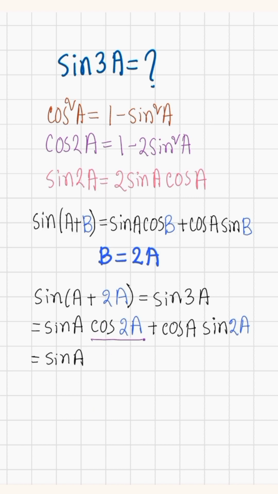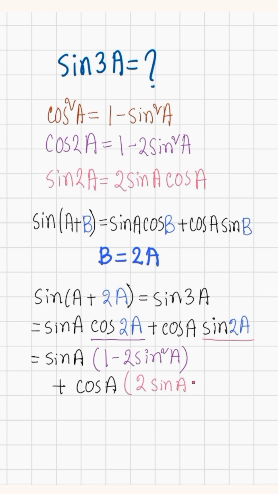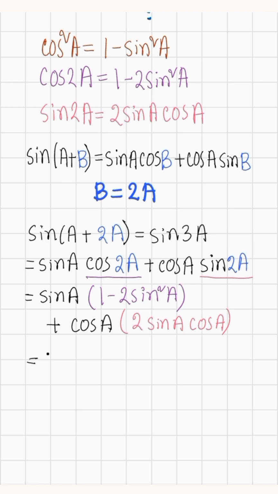into cos 2a এর জায়গায় বসাই 1 minus 2 sin স্কয়ার a plus cos a into sin 2a এর জায়গায় লিখি 2 into sin a into cos a equals to sin a into 1 হচ্ছে sin a minus sin a into 2 sin square a হচ্ছে 2 into sin cube a plus cos a into 2 into sin a into cos a হচ্ছে 2 into sin a into cos square a